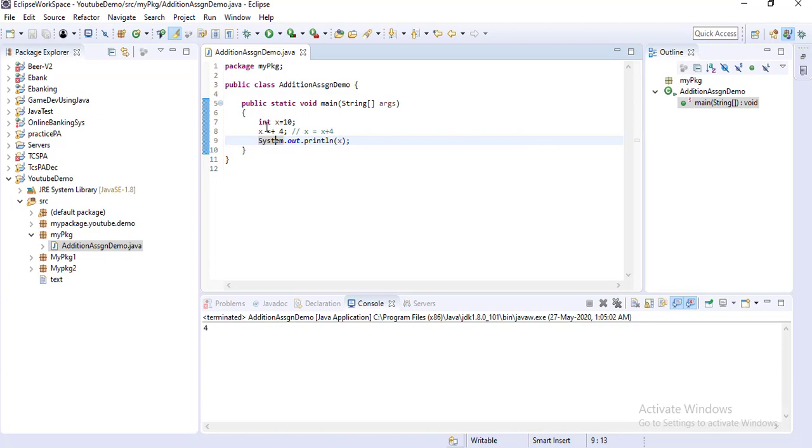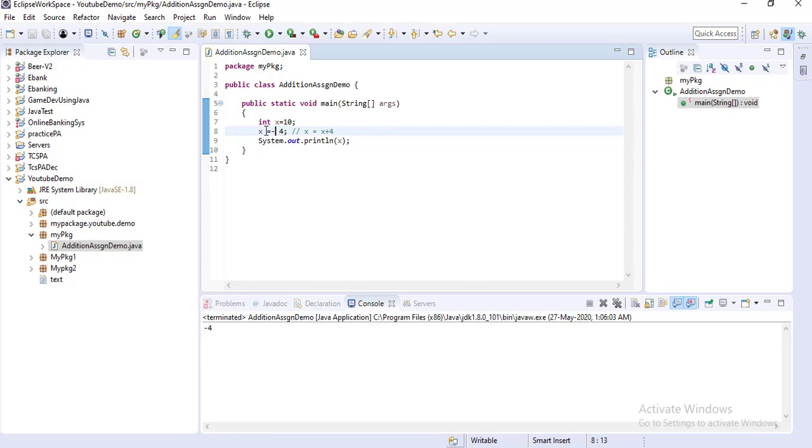So if you use minus equal to 4, that means x equal to x minus 4, you will get the result 6. Okay, and if you change it to x equal to minus 4 and run it, you will get minus 4. That means the minus 4 value is assigned to x and you are printing the value of x. As there is a minus value, it will not omit the sign, so it will give the result with the sign and value, that is minus 4. Okay, so like this way it is performed.